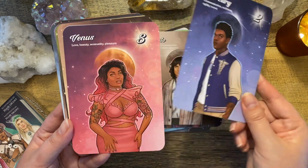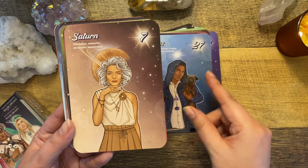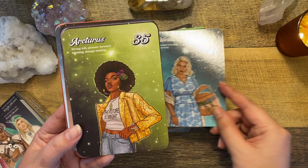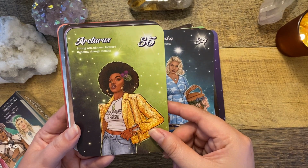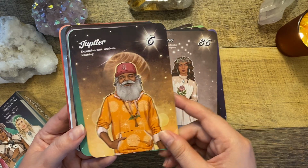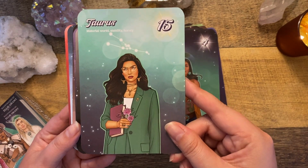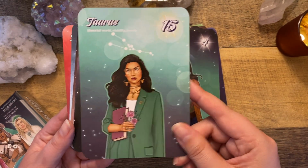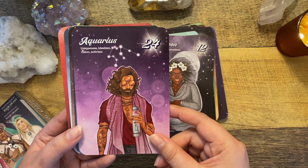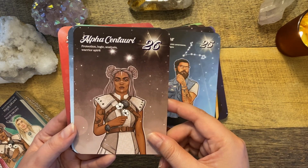So we got Pluto, Mercury, Venus. So she's beautiful. Sirius, Saturn, Vega, Mintaka, Arcturus. I don't know. See, some of these I don't know. So again, learning deck. Earth, Taurus. Taurus is she's a bad bee. I like her outfit. Dark moon, full moon, Aquarius, Pisces, Alpha Centauri,